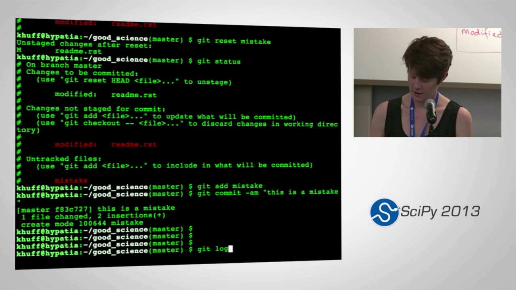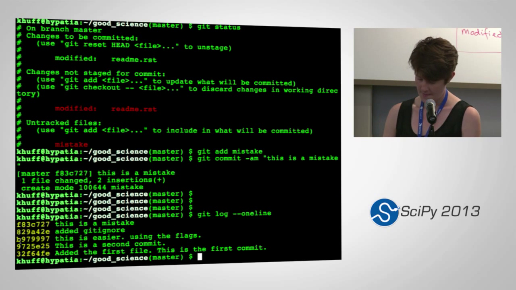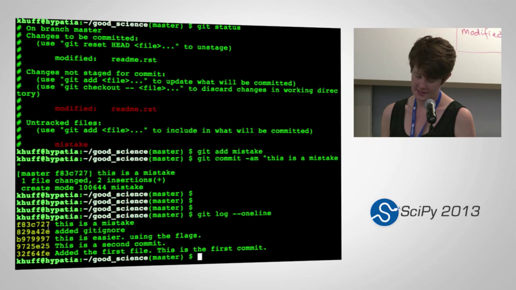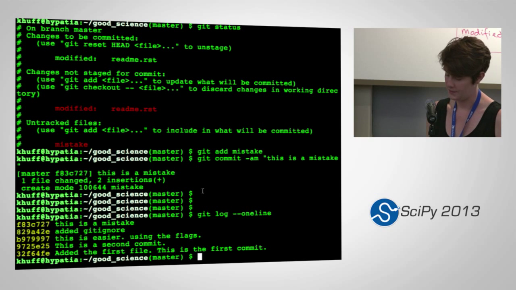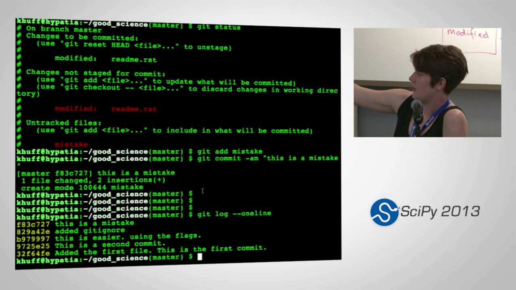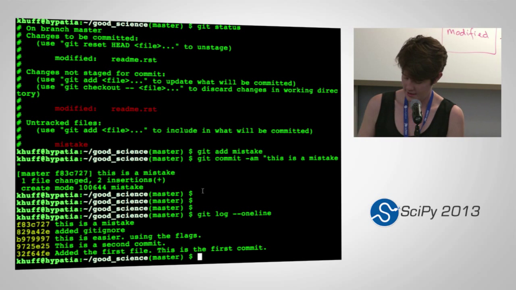So we can use git log --oneline to figure out what the last commit hash was. And I probably want to go back to added git ignore. I want to go back to the state in which I was there. So to get back one revision, I can say git reset